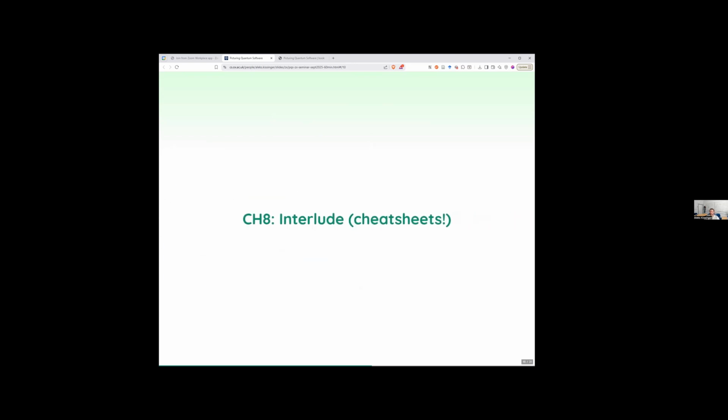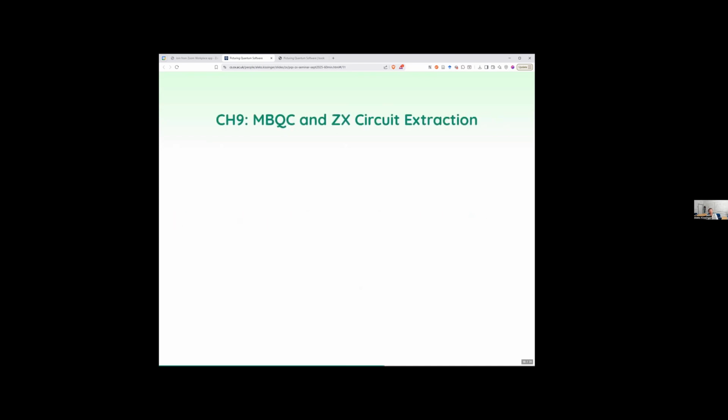Cool. So that's the first half. Well, first half of the book. Yeah, I guess about the first half of the material as well. In the middle of the book is just a bunch of cheat sheets. So these are just lists of tables, of rules, and normal forms, and all this kind of stuff. So this is all in one place there. Right. I don't think there's much more to say about that.